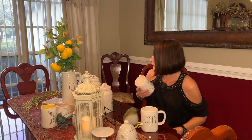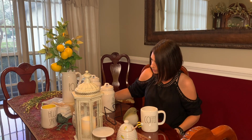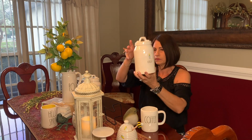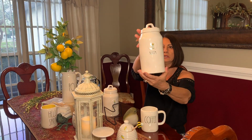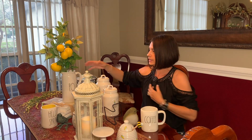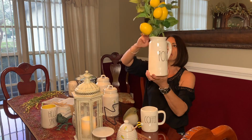And let's see what else I have. So I got these last year. I got these canisters. This one says Refresh. I'm going to be using that, and this was priced at $9.99. I got this one that says Bloom. This one, $12.99. And then I'm going to be incorporating this Raydun pitcher that says Pour, and I got the